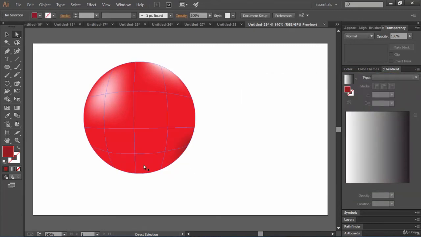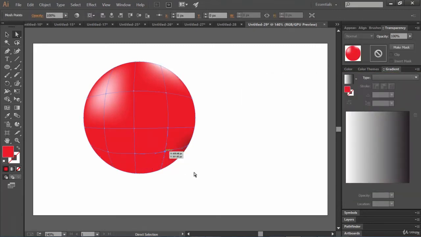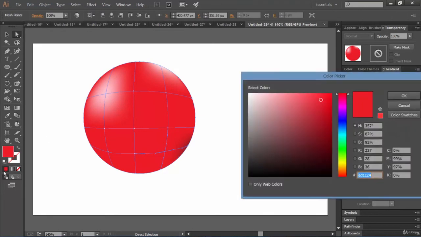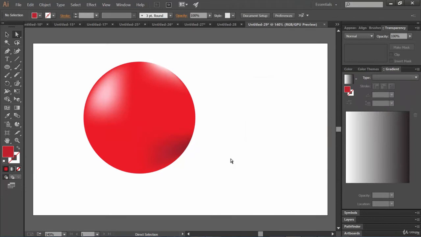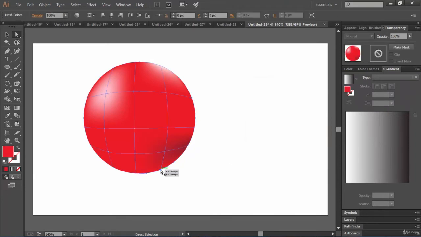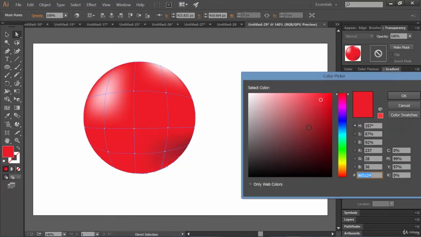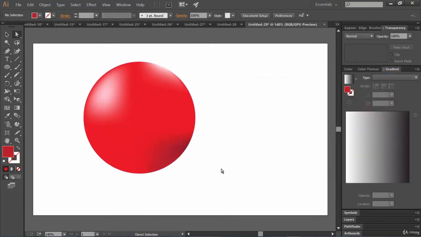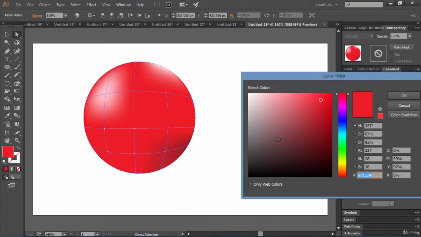See? Let's come to this anchor point. Let's make it a bit darker, just like this. Let's come here. Make it more darker.